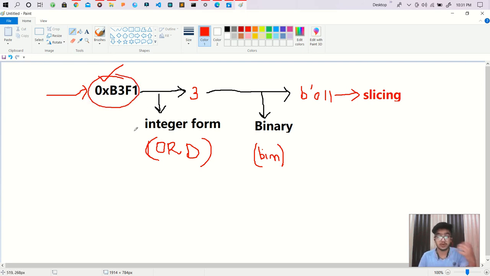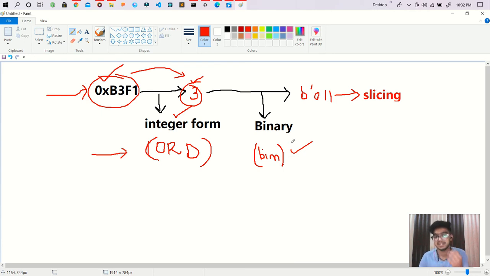In order to decompress it, first of all we have to convert it into integer form. Let's suppose we are getting 3. In order to convert this type of data into integer data, we are using the ord function. Now we have to convert this into binary form. For that we are using the bin function.